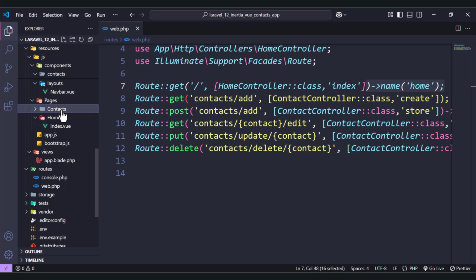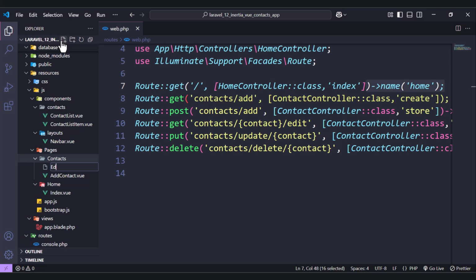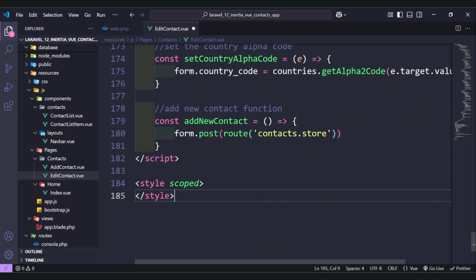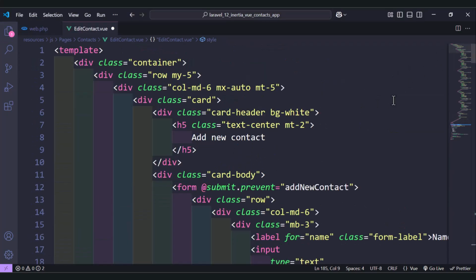So here we have the pages, inside contact. Let's add another component and call it edit contact.view. And here let's paste everything. Here we will have the same thing. We will have the same fields that we have when we create